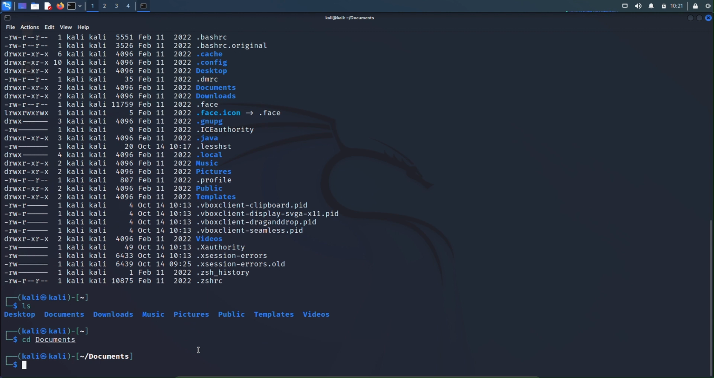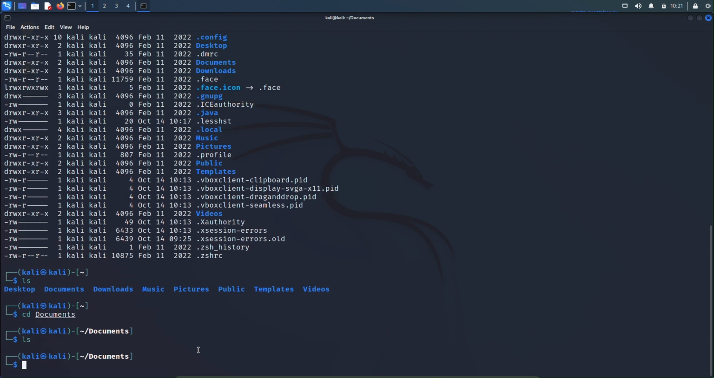Let's see if there are any files or directories in this directory. ls, and we have got nothing in this directory. So what we'll do is create a file in this directory, especially a text file, and you can do that by using the command touch and the name of the file that you want to create,